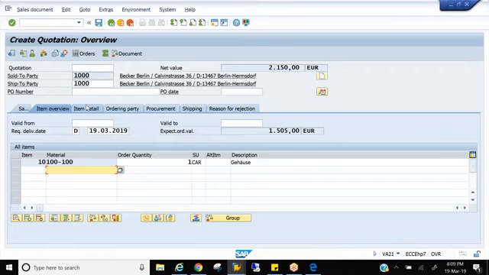So all the information has been copied, and we have a quotation now, right? But if I click on save,